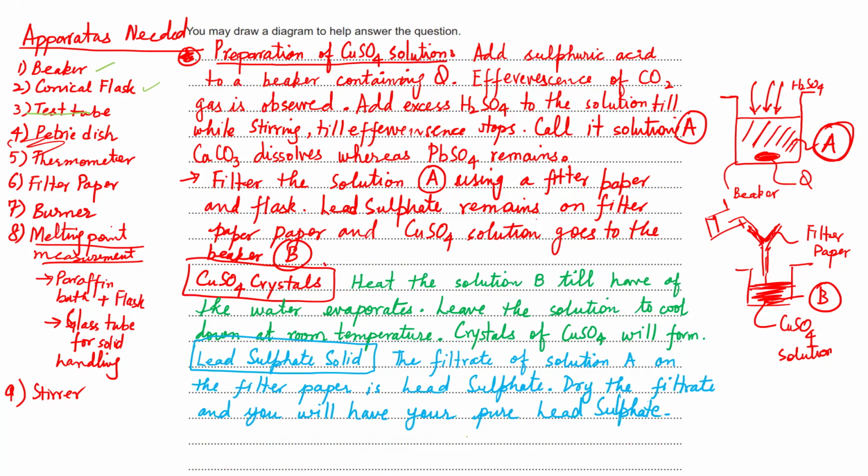Dry the filtrate, lead sulfate, in a Petri dish. You can dry this in a Petri dish. So we use a thermometer, we use filter paper, burner, and then we have this melting point equipment, yes, and we have the sterilizer. So these are some of the equipment we have used, and this is a list of it. Okay, so this is how we end up solving this question,